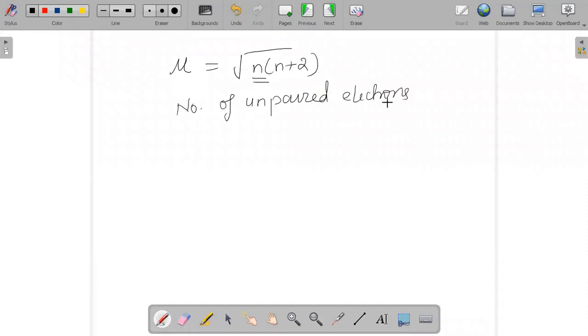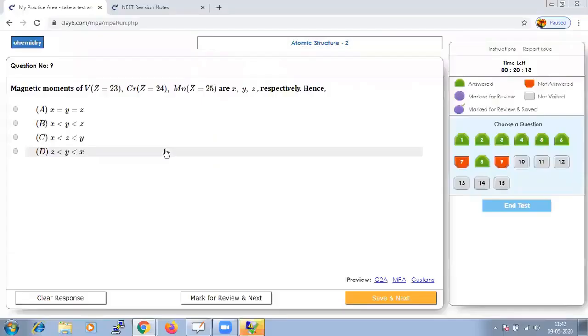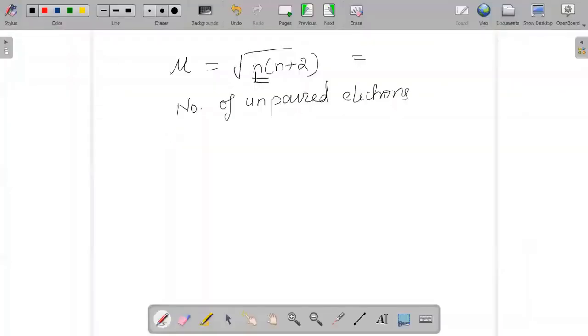So when I say magnetic moment of V, Cr, Mn, you can calculate the maximum number of unpaired electrons in the given option, substitute in place of n and calculate for each given option. You need not worry, because they have already given you the atomic number. Hence, doing the electronic configuration becomes much simpler, and it will be easy for you to find out the number of unpaired electrons, substitute in this and reach a conclusion.